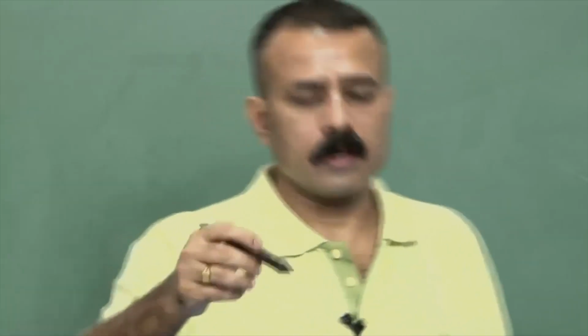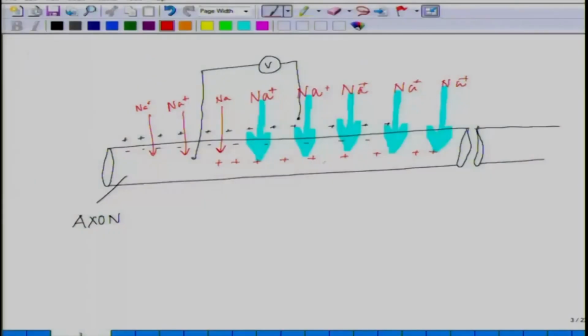Mind it, if you look at this picture out here, there are already other positive charges of potassium present, which is fairly high inside the cell. So, a positive charge repulsion starts,